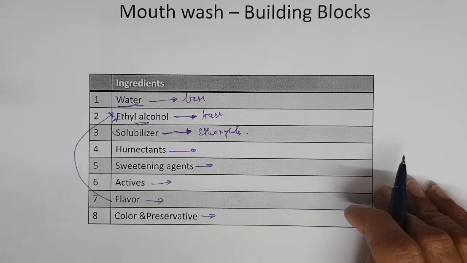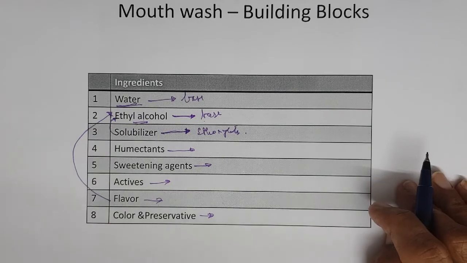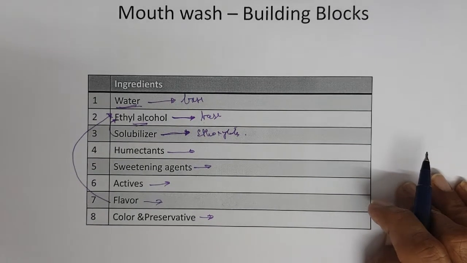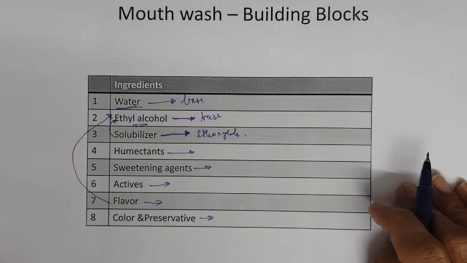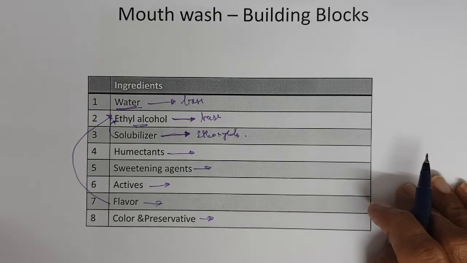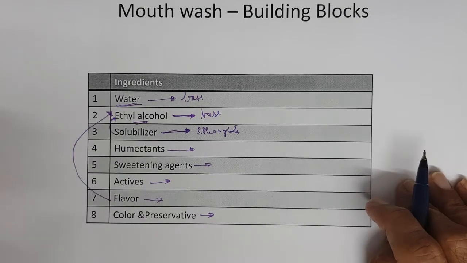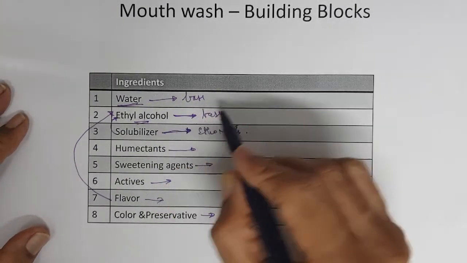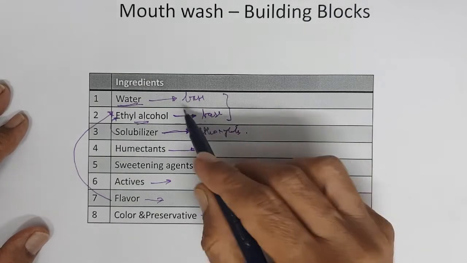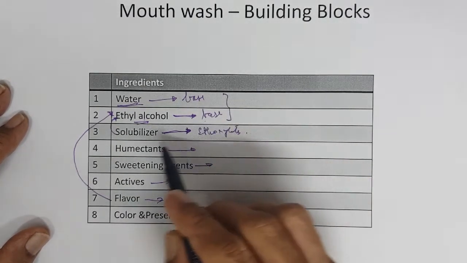Also, when alcohol is there in a certain percentage in the mouthwash, the product is naturally preserved. If it is a 100% water based product, you have to add an effective preservative system, and use the appropriate pH at which the preservatives act. So water is the base, ethyl alcohol is the base. Most of the current products are water based.